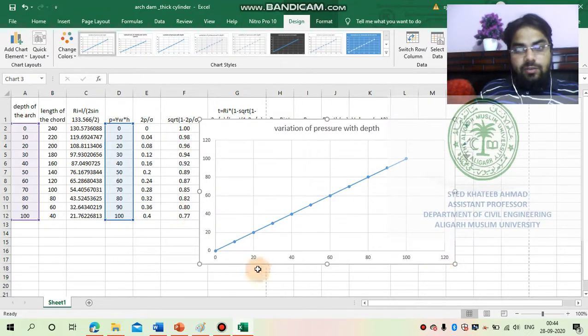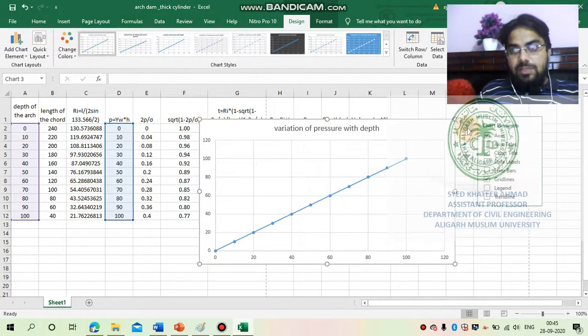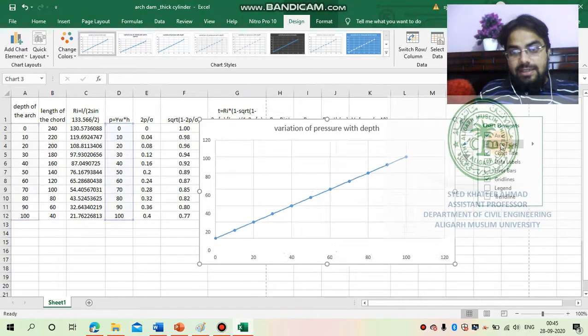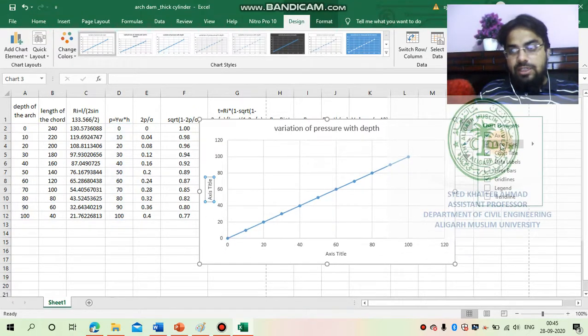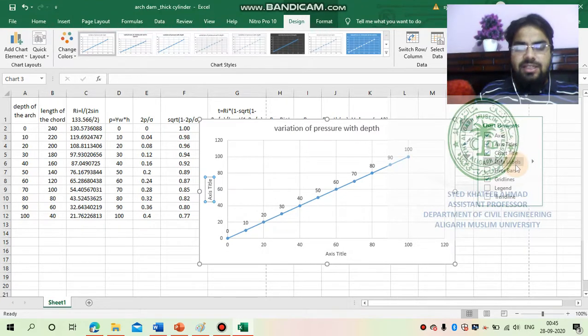So here we have this data of x value, that is depth of the arc, and here we have the pressure value, so pressure. What you can do, you just click on this plus button, you write down the axis title also, so that there is no confusion later on. And data label is not needed as of now, because sometimes data are very large or very cumbersome, so that will make your plotting not clearly visible. So I just avoid this data label. You all can later on use this data label, no issue at all. So now I use this axis title.